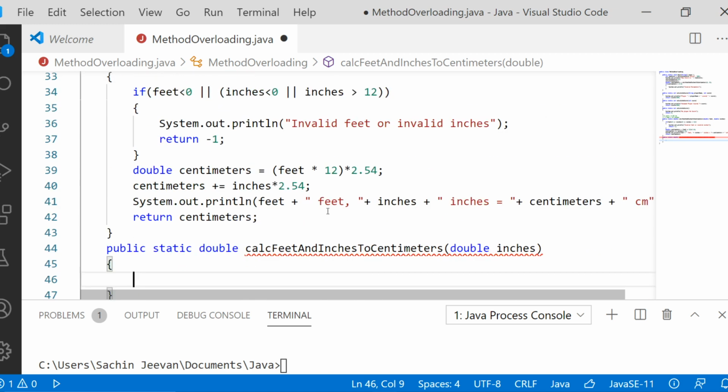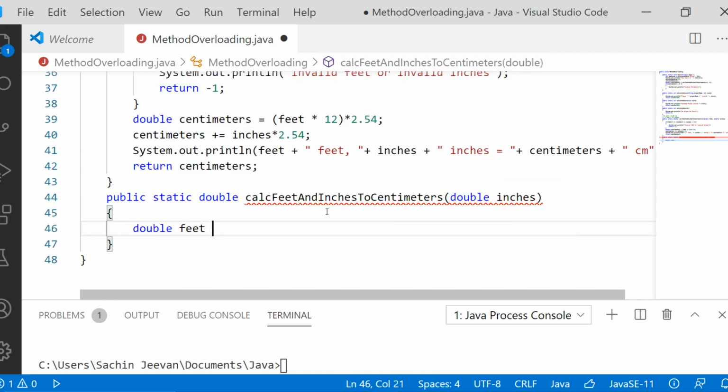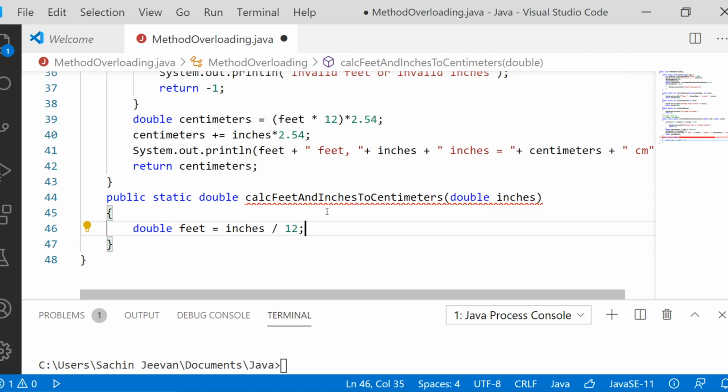So here, what we need to calculate first of all is the feet. So double feet is equal to whatever inches provided divided by 12. But after dividing something by 12, you might have some remainder also. For example, 144 divided by 12, exactly it will be divided. 144 inches divided by 12, yes, 12 feet.